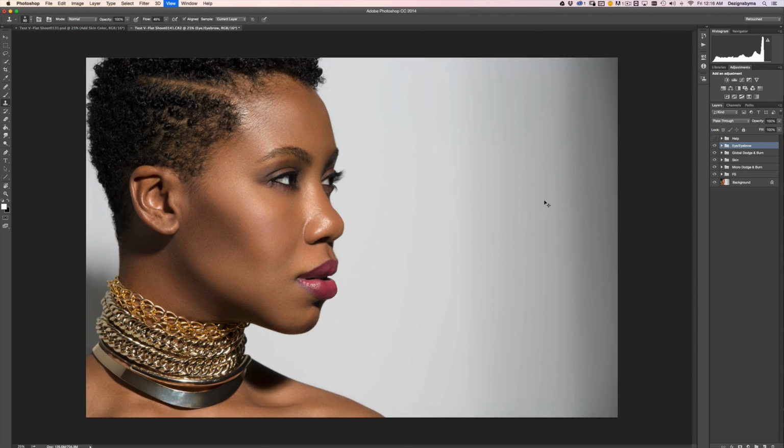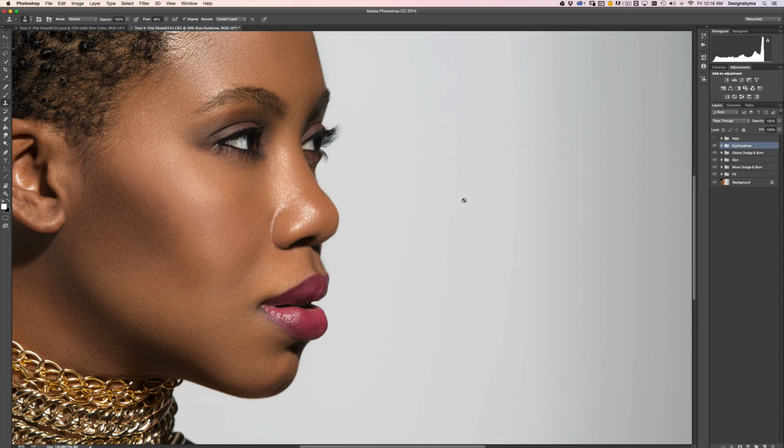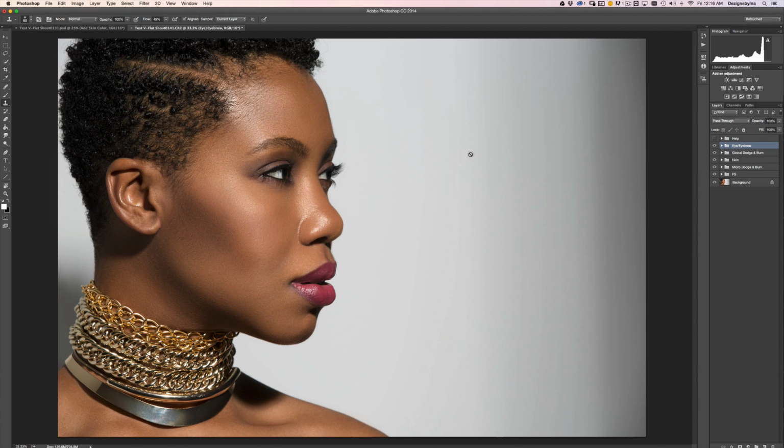Okay. So I think I want to do another frequency separation layer just on her nose, just to kind of soften it up a little bit because it looks really kind of hard. So, new stamp tool, duplicate, same thing as before, group layer. We'll call this FS2. High, low,